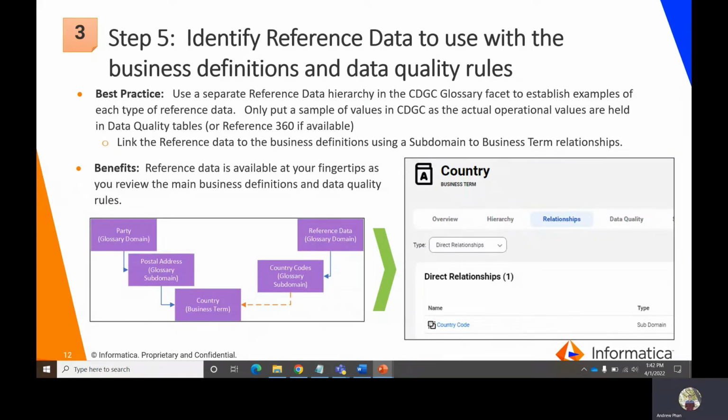Step 5 is to identify reference data to use with the business definition and data quality rules. The best practice for this is to use separate reference data hierarchies in the CDGC glossary facets to establish an example of each type of reference data. Only put a sample of values in CDGC, and the actual operational values are held in a data quality table or